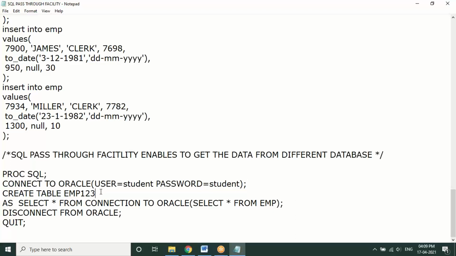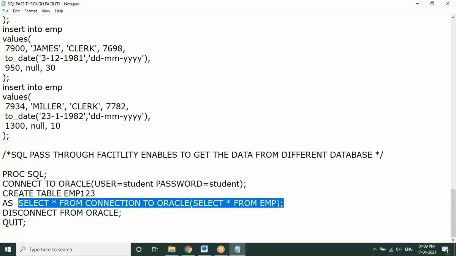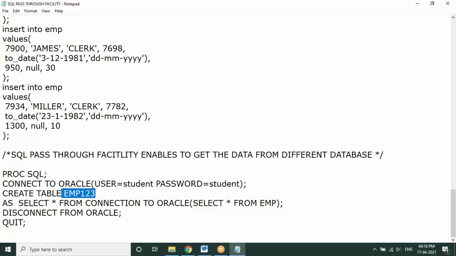After that, you create a table, select the connection from which database you're accessing, and specify which table you want to pull all the data from. That particular database table consists of many data types and data structures, but when you copy it, it will be converted into a SAS data set. Simple.